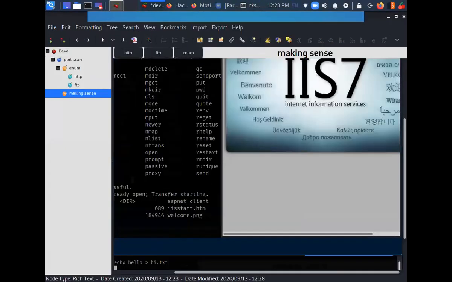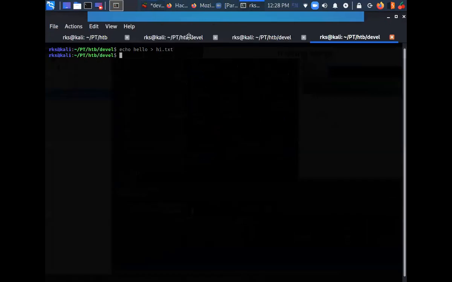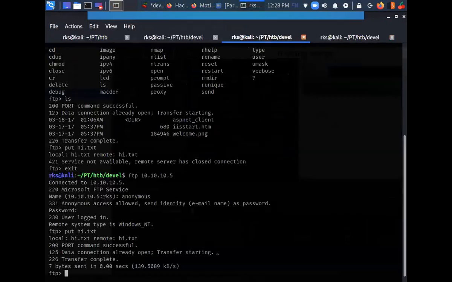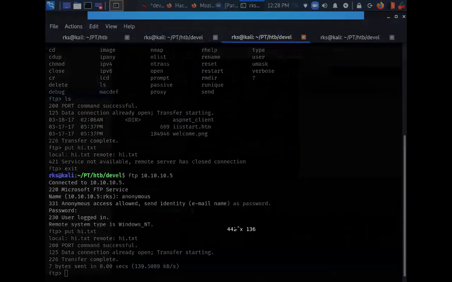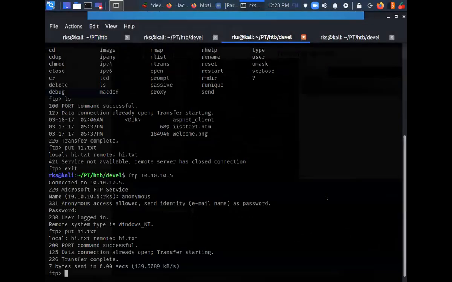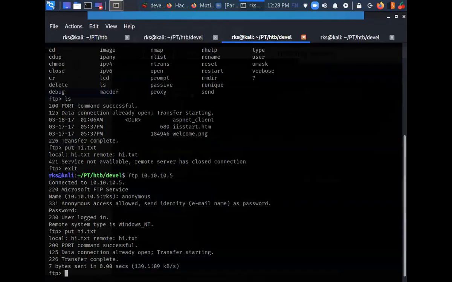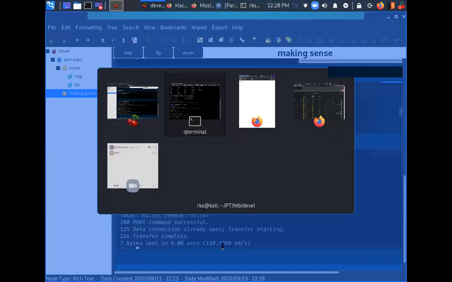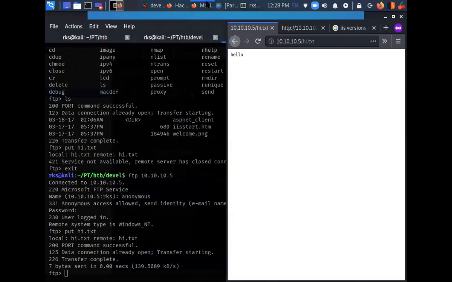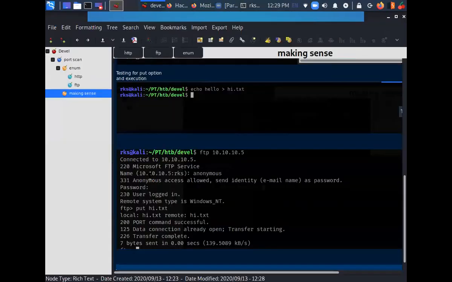Let's just take a snap here, put it here, and take the snap here. Put it here, and let's confirm the same thing here as well.